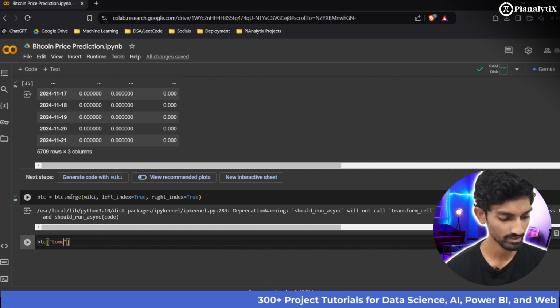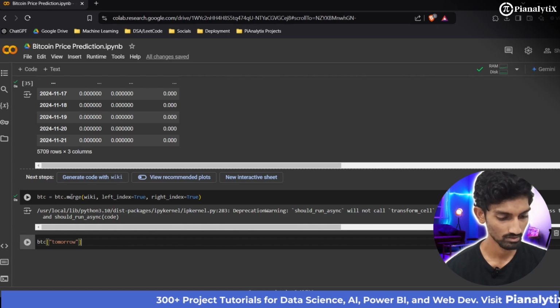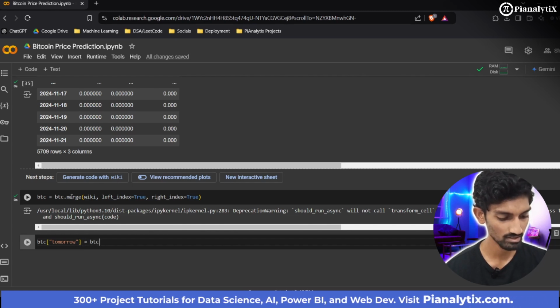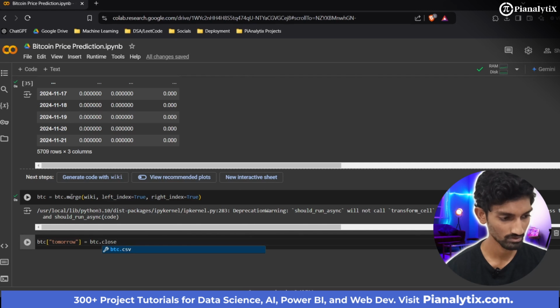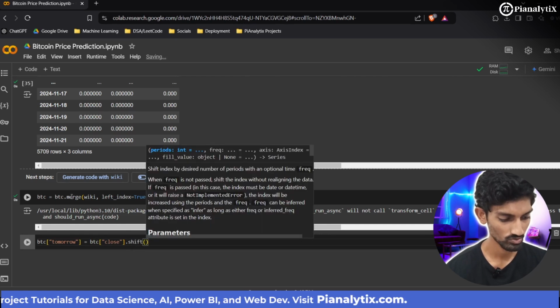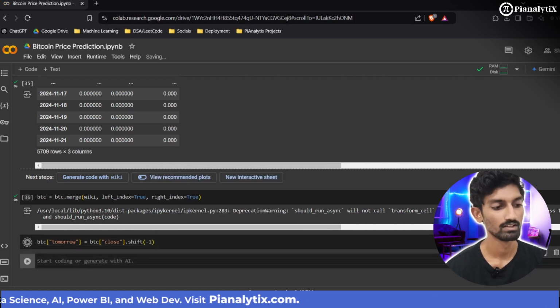Tomorrow, if I can spell it right, will be equal to BTC dot close, not dot close, but yeah, BTC close dot shift to -1. Okay,